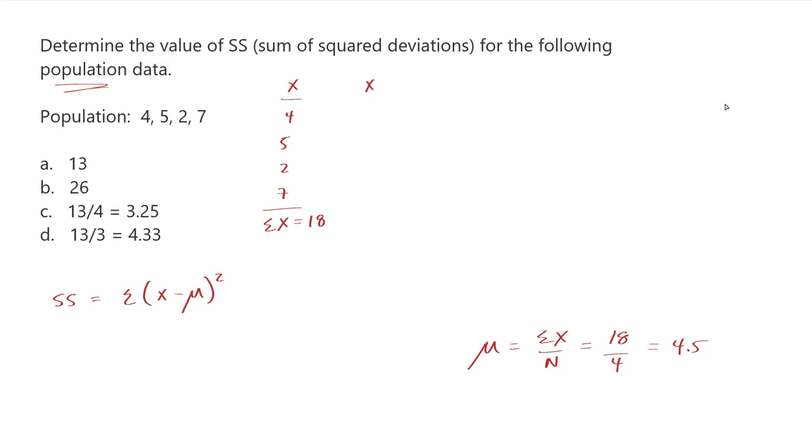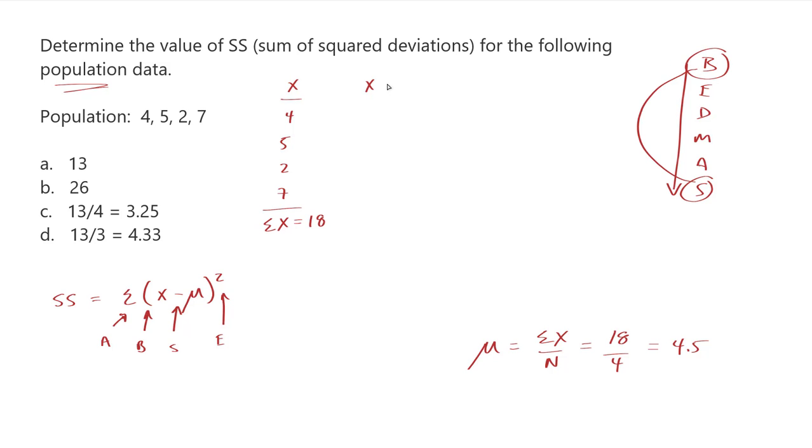So when I'm looking at the order of operations in a formula like this, I can see that I've got addition, brackets, subtraction, and exponents. I'm going to do the subtraction first, even though it's supposed to come at the end, because it's inside of my brackets. So I'm going to be subtracting the population mean. So 4 minus 4.5 is negative